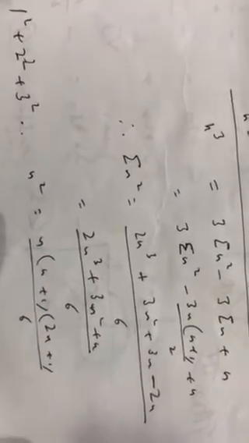So 3 into summation n square minus, now summation n is n into n plus 1 by 2, and of course n remains as n. So finally you want summation n square, so that is 2n cube plus 3n square plus 3n minus 2n by 6. After simplification it gives this. So the final answer, summation n square, that means 1 square plus 2 square plus 3 square up to n square, is n into n plus 1 into 2n plus 1 by 6. So this is the second formula of special series.